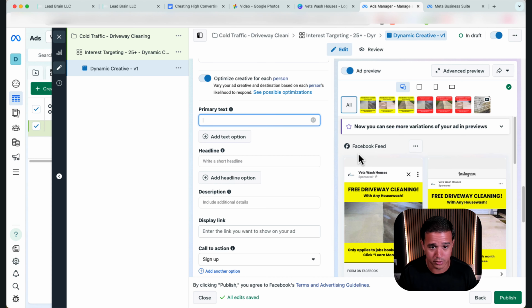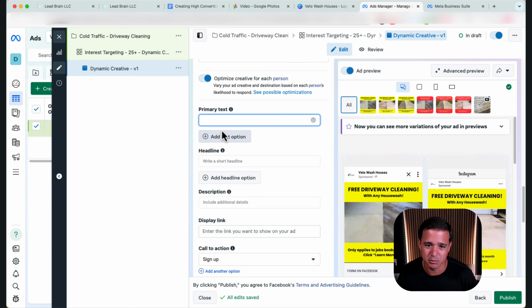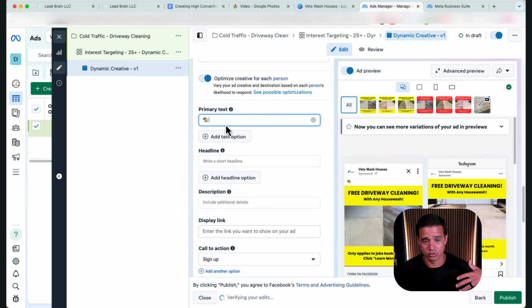So I'm gonna make something up on the spot. You guys spend some time thinking here. You can use ChatGPT to help you. And I'm not saying these long primary texts don't work, but I've also found that the keep it simple, stupid principle applies here, and it's worked for me. So I could say Augusta. I'm not gonna say Augusta because we have a large area, but we do service the CSRA. So CSRA homeowners, or you can just say homeowners.